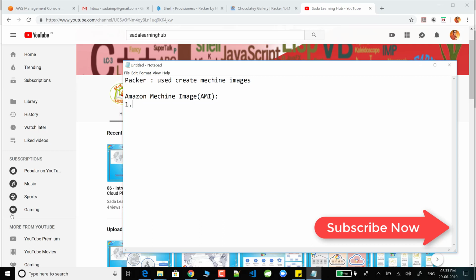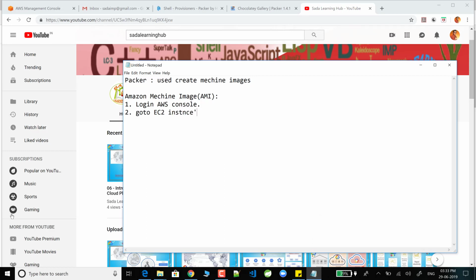First, we need to log into the AWS console. The second point is go to EC2 machines, EC2 instances. The third step is click on the launch button. The fourth one is select which OS you want.